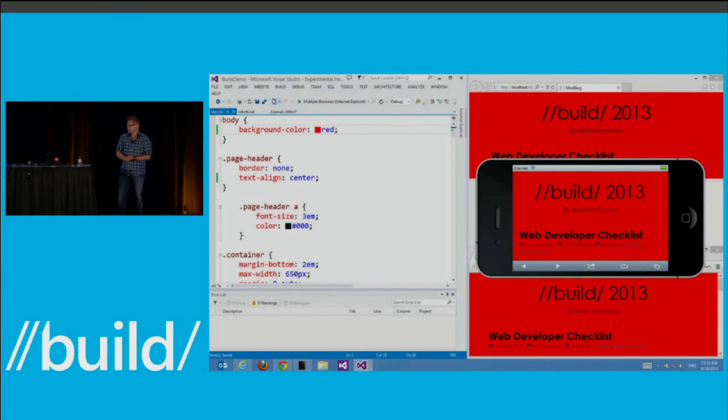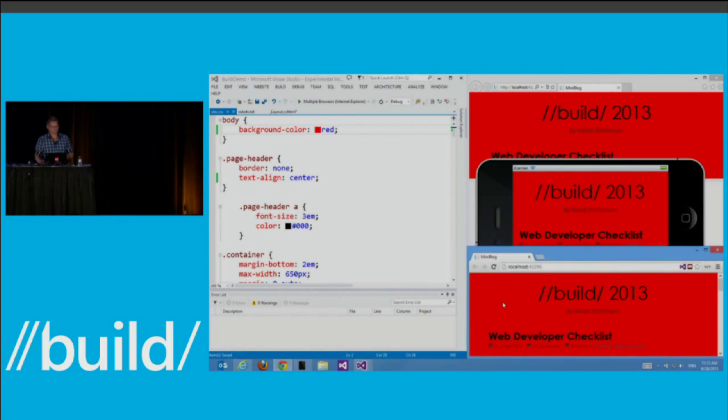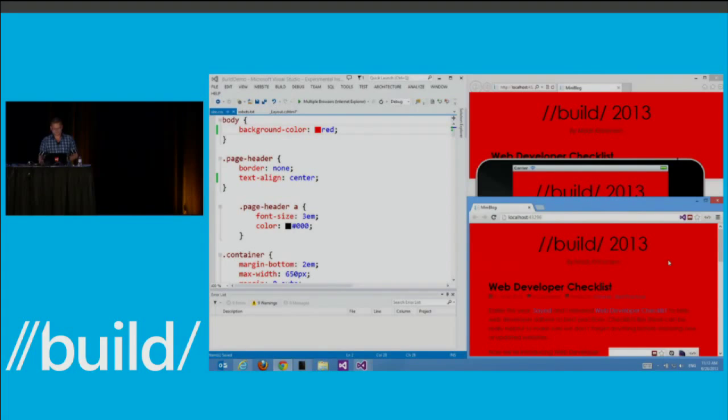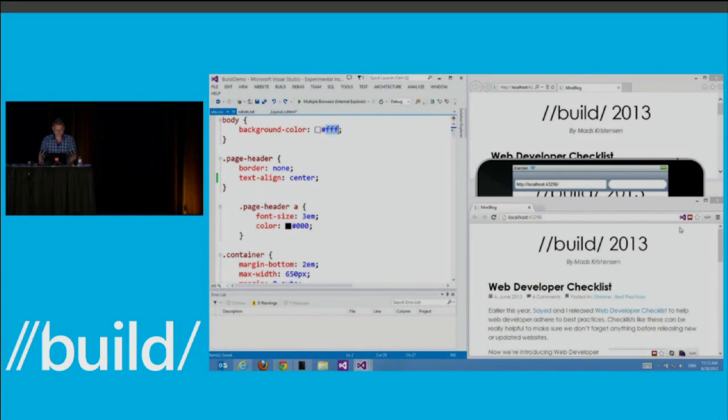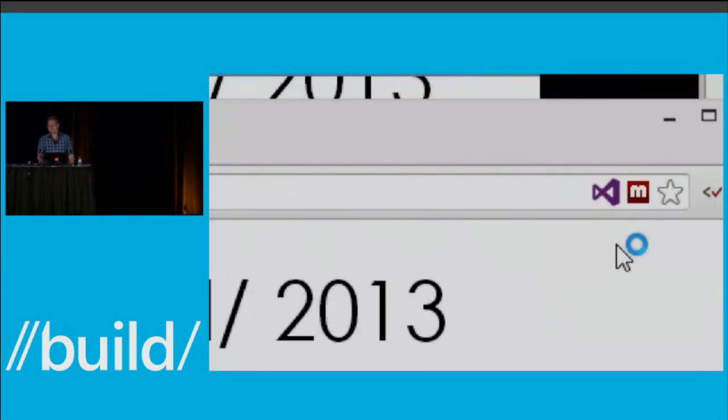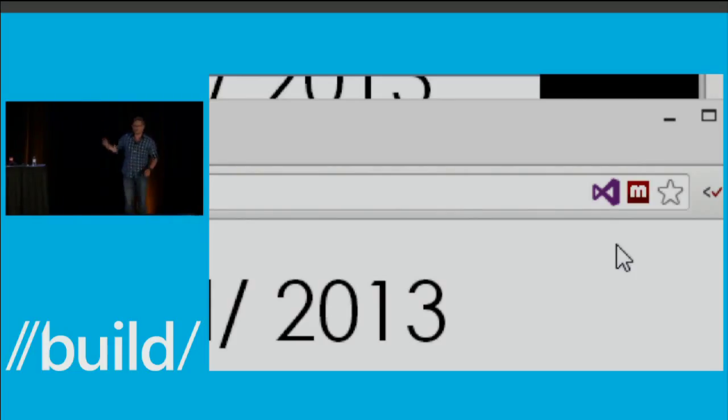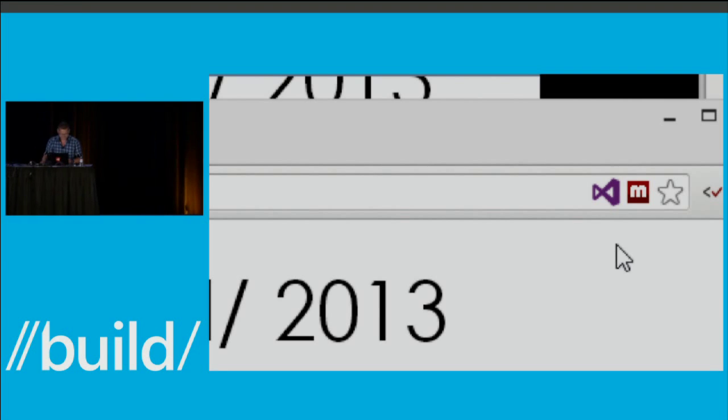What if we have a browser extension, which I happen to have? Let's take a look at this. So here's Chrome. Actually, let's just go back to the white one here. So here I have Chrome, and I have an extension. My little Chrome extension that looks for whether or not BrowserLink is currently running on the website I'm visiting. And if so, it shows that little Visual Studio logo there in the address bar. Okay? If I click it,